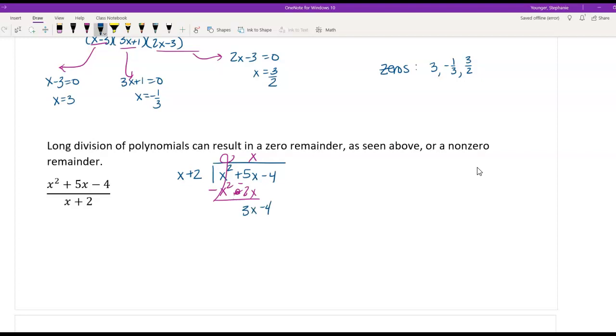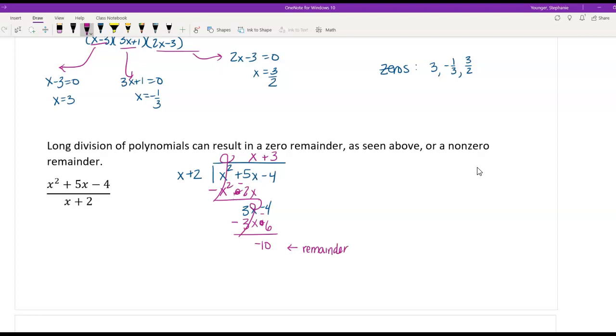What times x gives me 3x? We say 3. So when we multiply 3 times x, we get 3x. When we multiply 3 times 2, we get plus 6. So now change our signs. These x's disappear. This becomes negative 10. That is my remainder. This time I have a non-zero remainder,